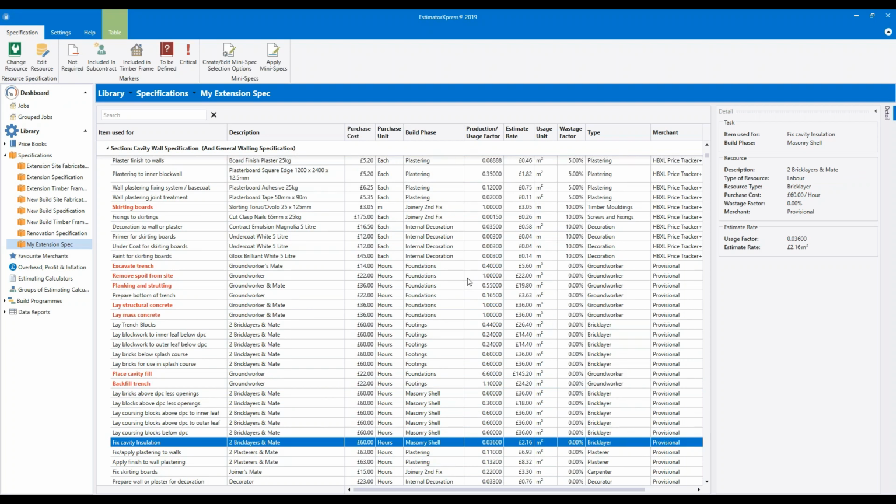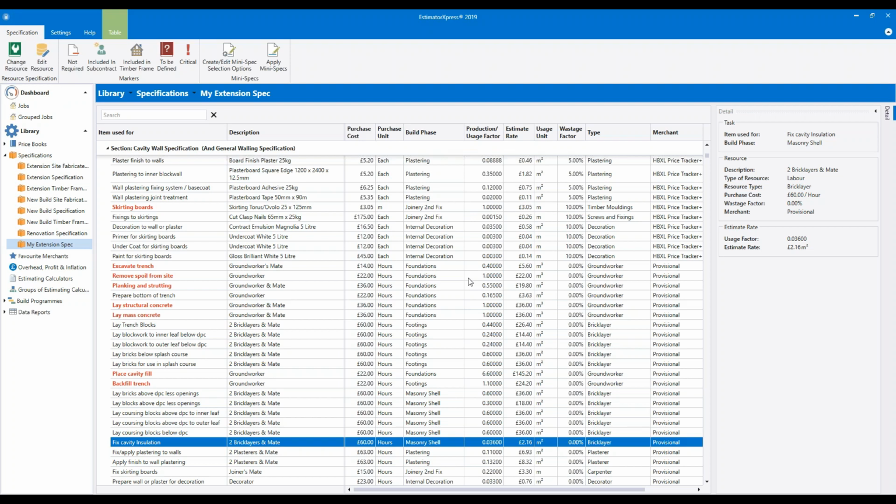We also need to consider whether the labour allowance needs to change. So does using that new product mean the build speed is going to change? In this case, because we've changed from one product, the cavity insulation pack, to the polyiso board, the answer is yes. The new product will take longer to install because it requires cutting and taping. The old cavity pack insulation just gets thrown into place, so that obviously doesn't take as long to do.